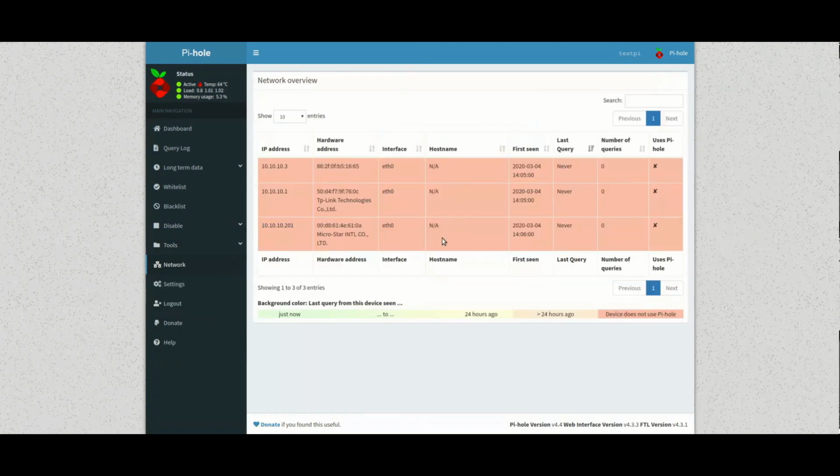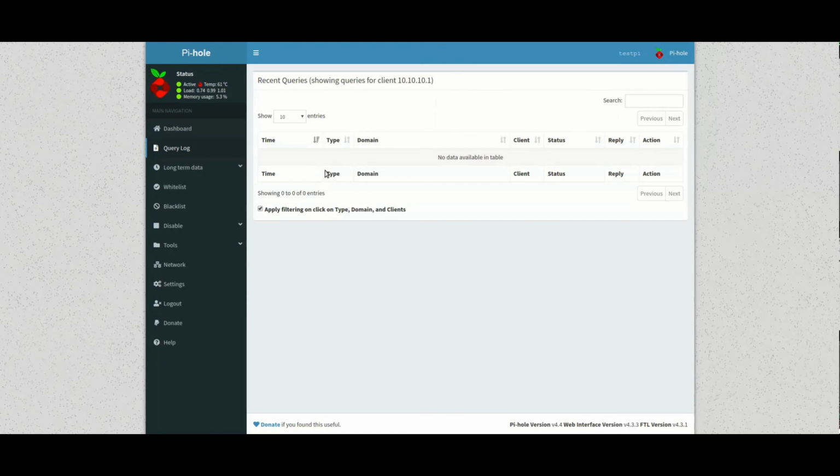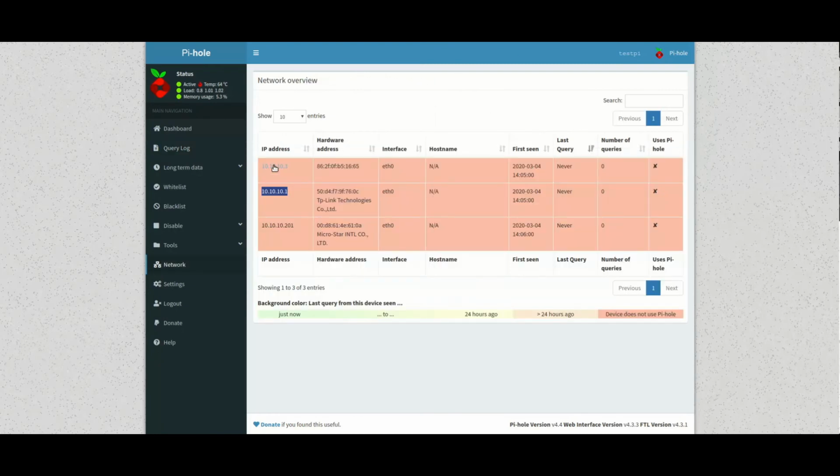And here you can see who's on your network, which is very helpful, but only if it sees the traffic for it. In this case, this is my router. Oh, oops. You can actually drill down into things, as you see. This is my actual Pi-hole. This is me, my machine.